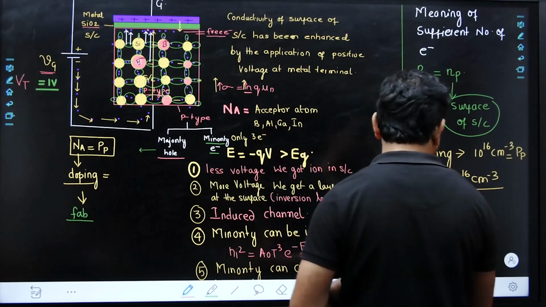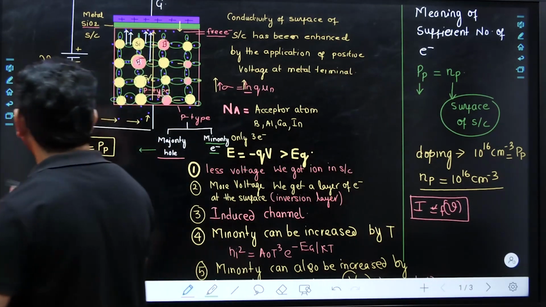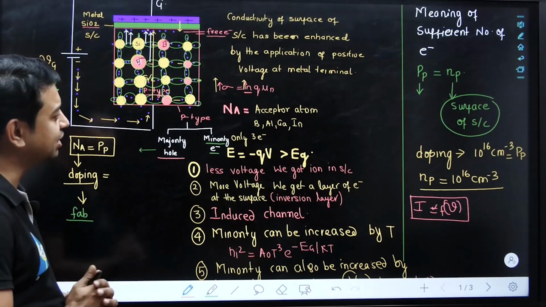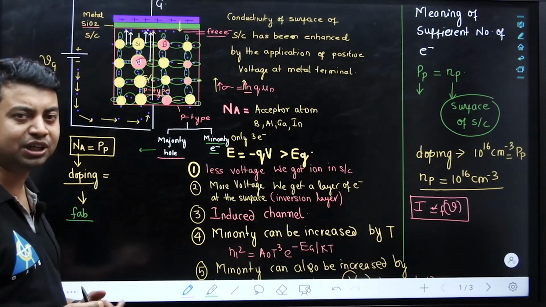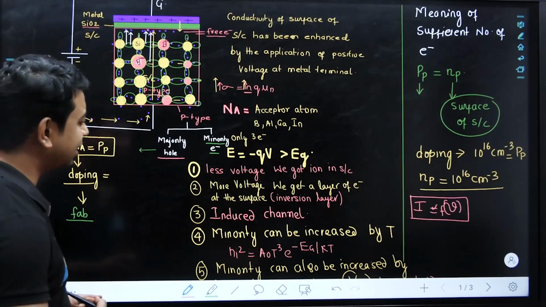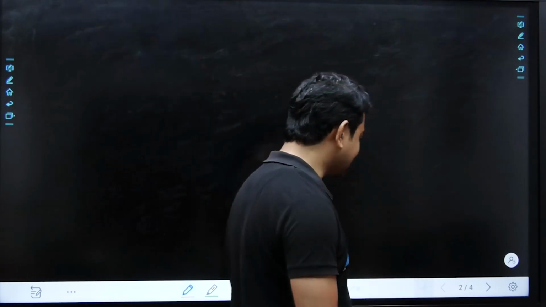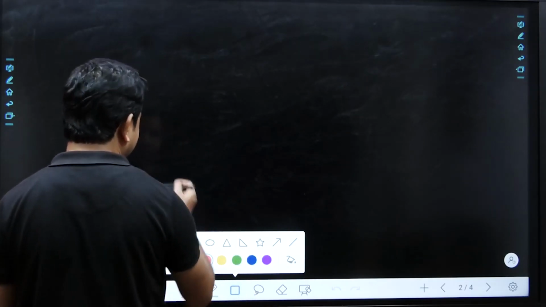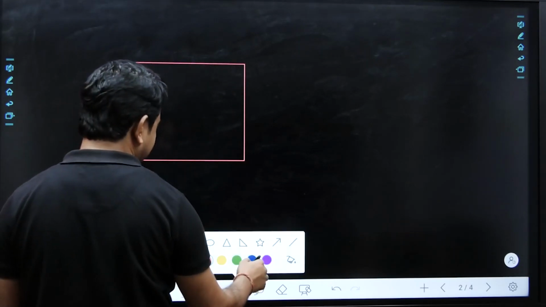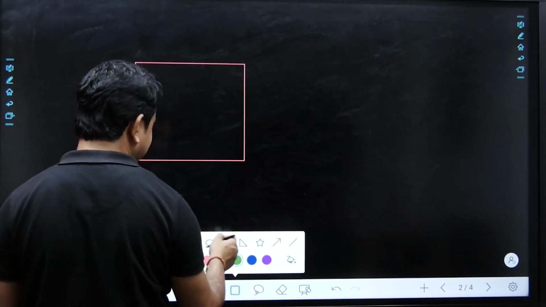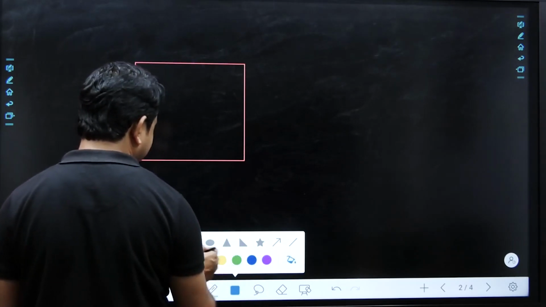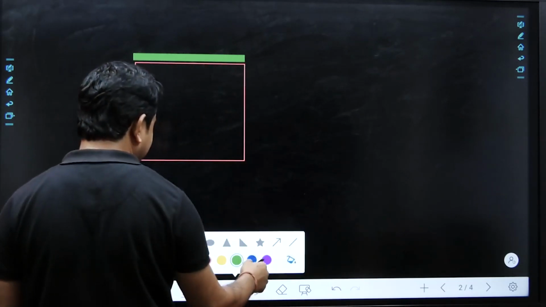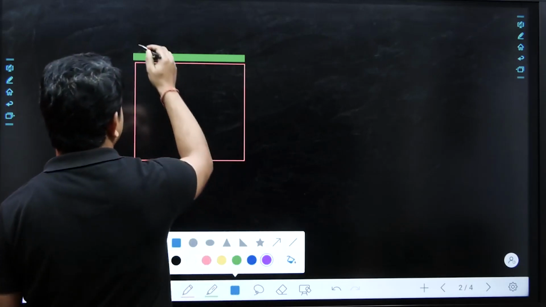So sir, until now we have analyzed that we are applying a voltage, and we are increasing the conductivity of the surface of the semiconductor. So now where is the current which is depending on the voltage? We just have to analyze where the current is now. For that, we are going to draw another diagram, and from that diagram we are going to understand this figure. This is the basic idea behind this semiconductor, because this is a crash course and we are not going to go deep into this. Those who are not getting the proper idea of each and every point can get it from here and analyze properly.